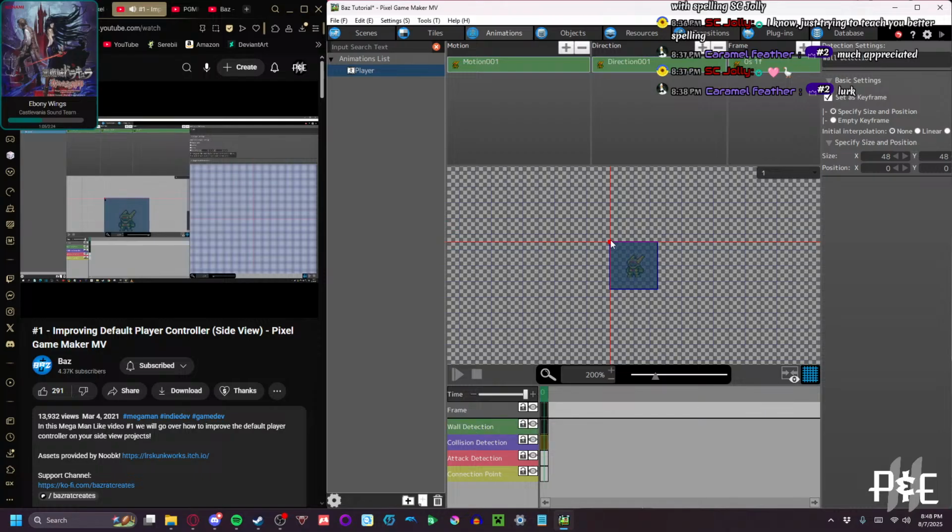Alright, so the first thing I need to do is determine where I want the origin to be, and in a side view game, you can get away with using the center origin, and that way a lot of your bullets and stuff can spawn from the center. You don't have to do any adjustments. On a top view